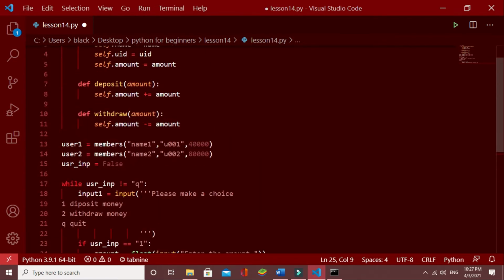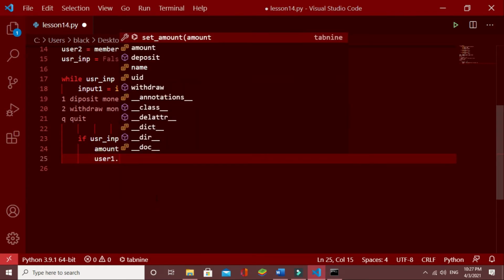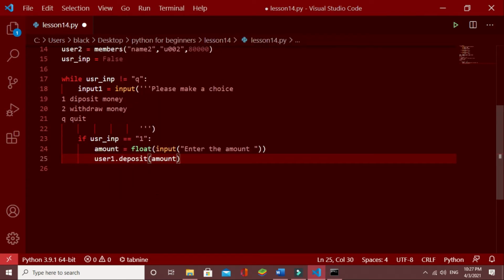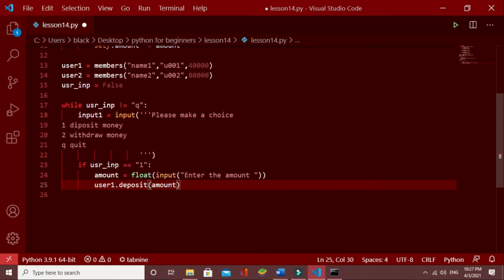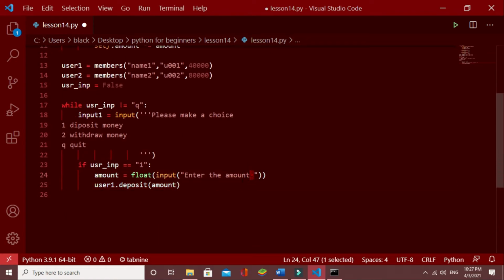So this is actually what is happening, but in this case I am using this method. It is something like this: user 1 dot deposit the amount. And after that, this user 1's amount has been increased by the amount that we are entering here. Now we have to give the user a message about this.